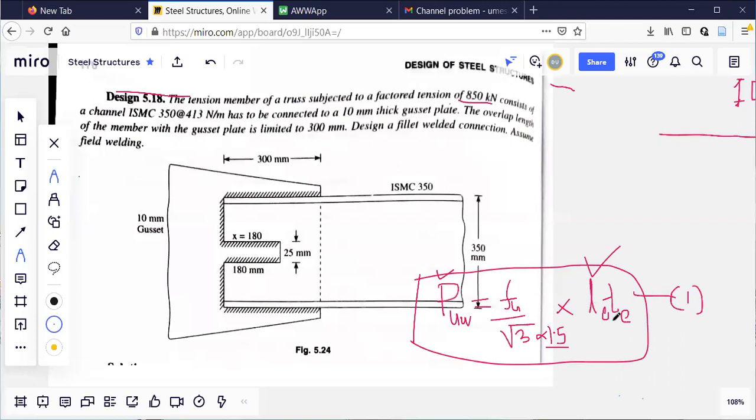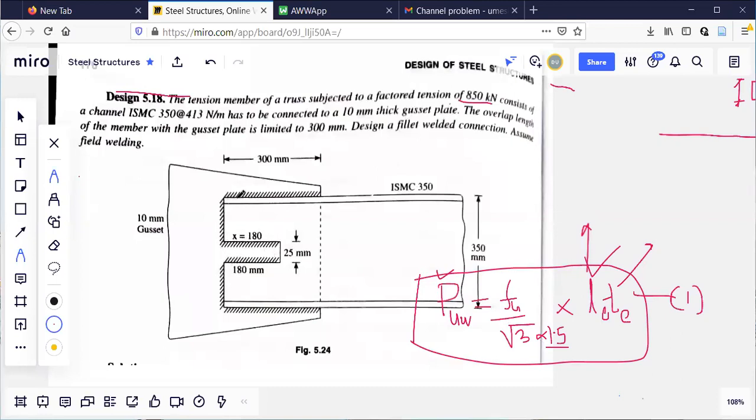LE is to be calculated in this problem. I have to calculate how much this is, substitute everything else, and then I must get LE. So TE has to be calculated before I use this formula. Before I substitute all the values in this formula, TE has to be decided. So let us decide TE, then substitute in this equation, find out the value of L, then check whether this much overlap condition is satisfied or not, or whether I need a slot here at the center.